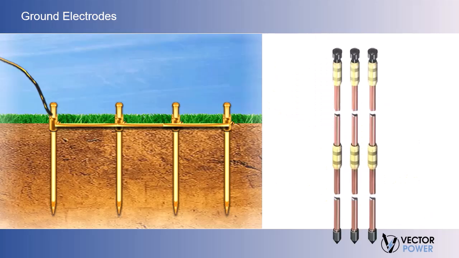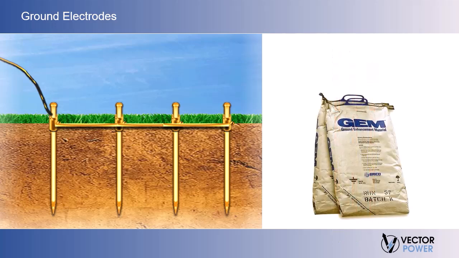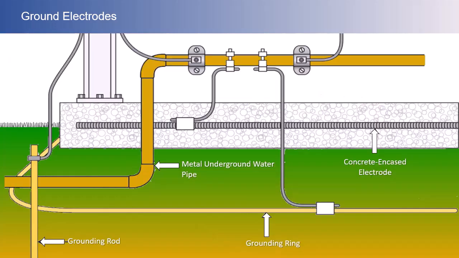These include parallel rod systems, deep driven rod systems utilizing sectional rods, and chemical treatment of the soil. Additional methods may include buried grids or plates, buried conductors counterpoise, electrically connected building steel, and electrically connected concrete reinforced